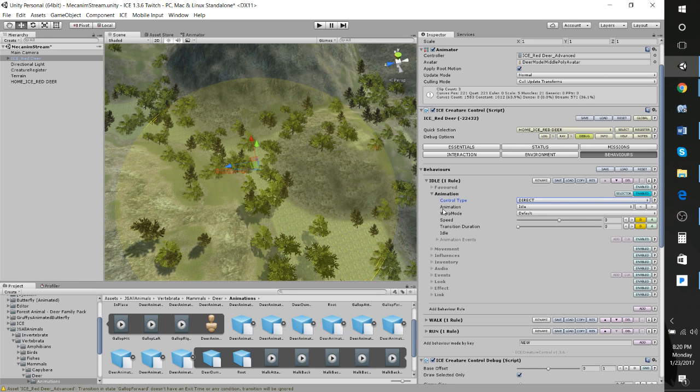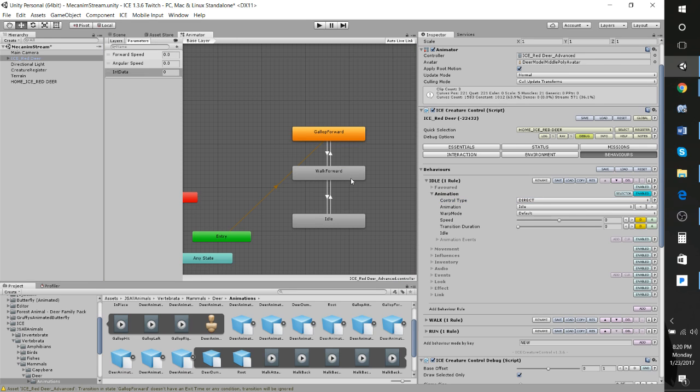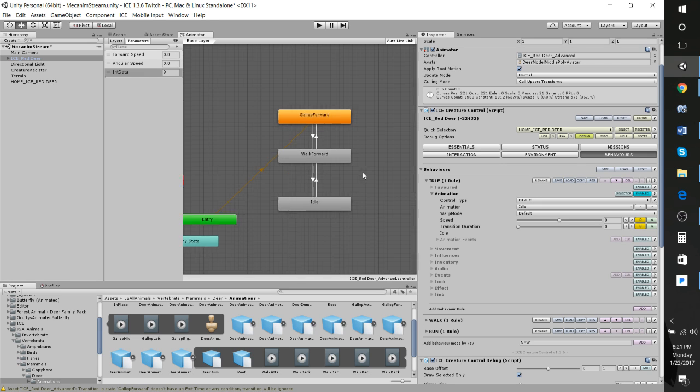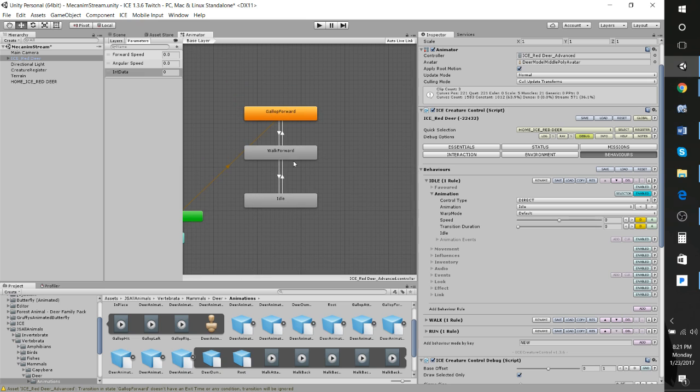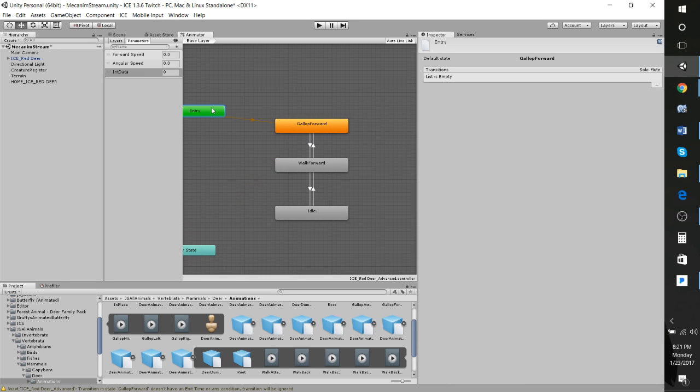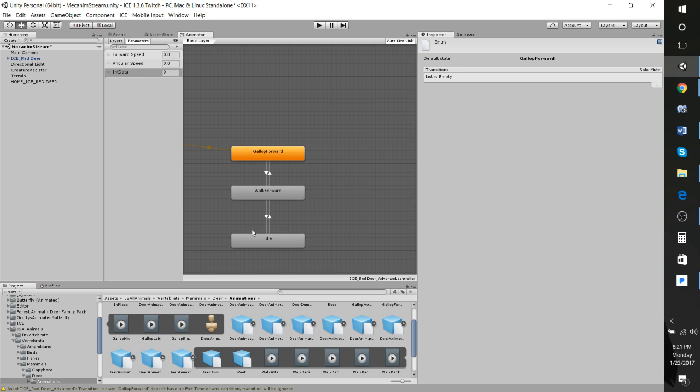So if you see here, we have the animation option, and we can choose between gallop forward, idle, and walk forward, which are all the animations that are on this Animator controller. Now you do have to be aware that for it to work properly with direct mode, they all have to be on the same layer. If they're in substates, they seem to not work very well. There's some issues with that. So if you're going to use direct, make sure that all the animations that you're going to use are in the same layer. But with parameters, you can go ahead and separate different groups of animations into their own little